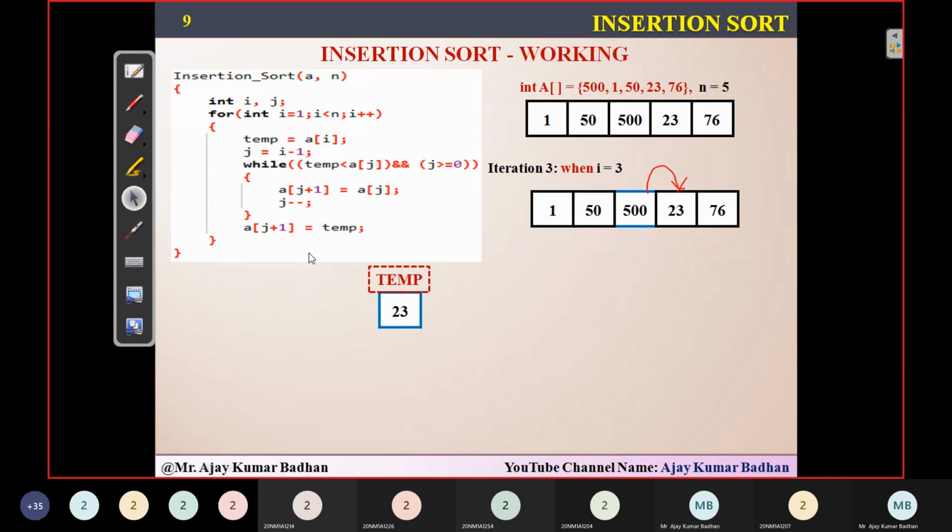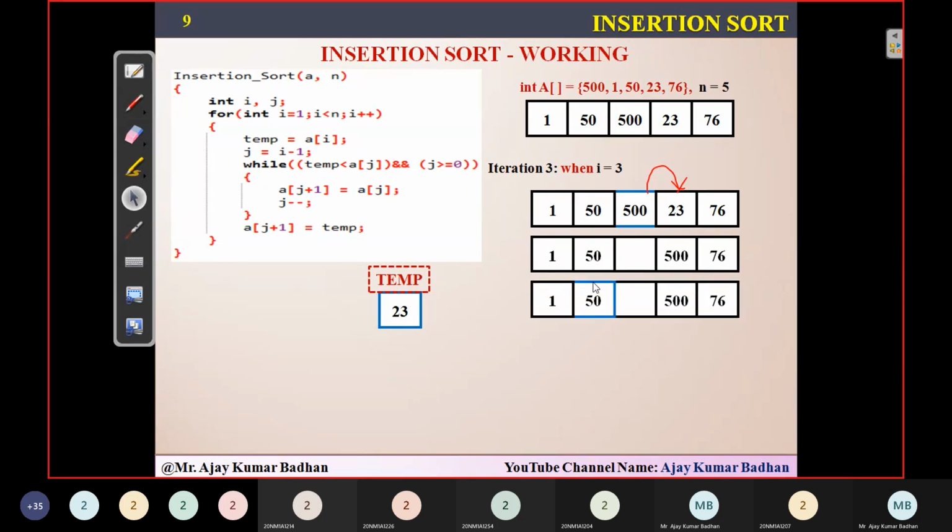How we can do it with the help of this logic, and then 500 will be moving to that particular location. Now this 23 should be compared with 50. Is 23 less than 50? Yes. Then what we need to do? We need to simply move this 50 to the next location.